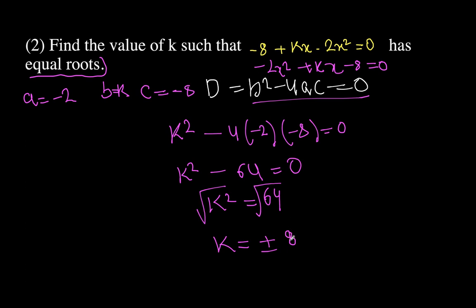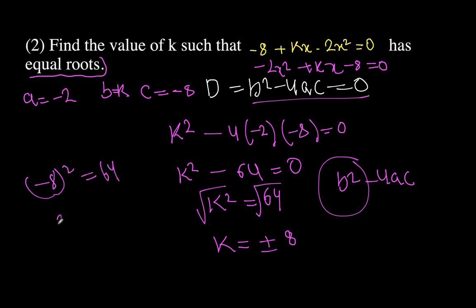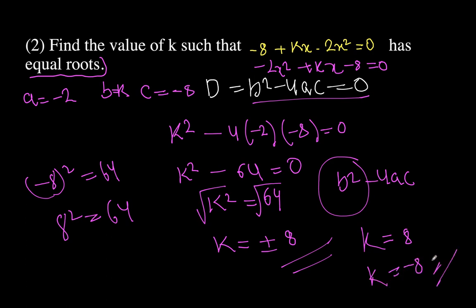Okay, so let's put 8 here. It will give, because b square, whatever, if you take negative also, it will give a positive value, like 8 square is your 64, minus 8 square, and 8 square is also 64. So this condition is satisfied. The value of k will be equal to 8, and another value of k will be equal to minus 8. So these two are your answer. Hope you understand this problem.